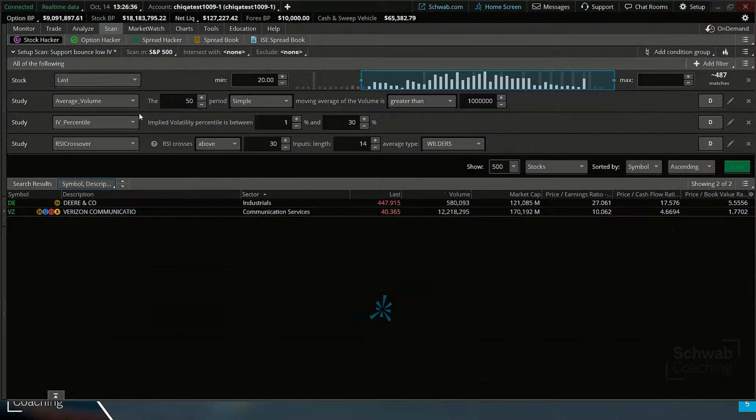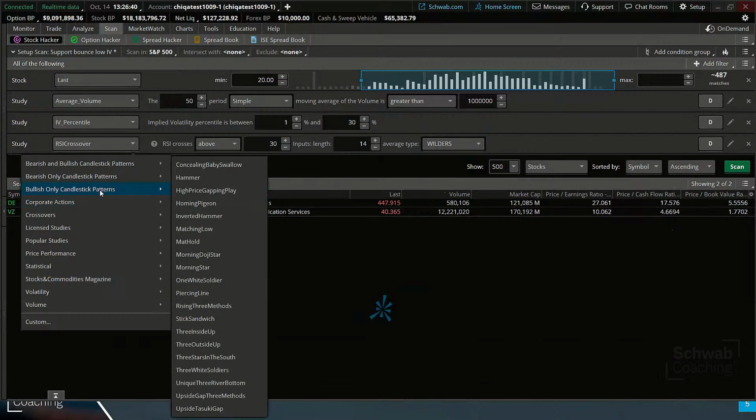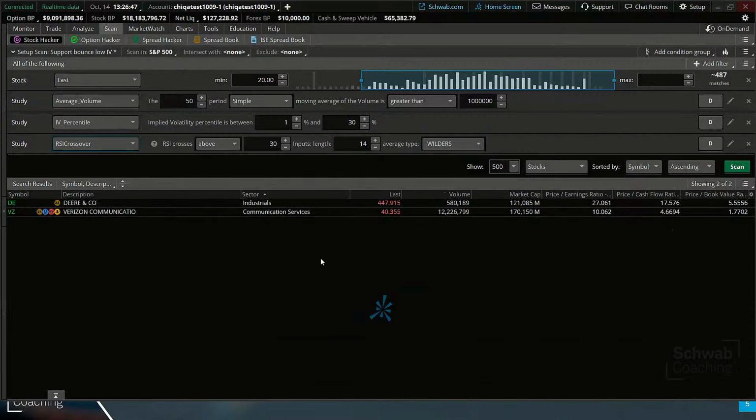Obviously, that's just one way to do it. Another thing you could look for, that I look for, is some bullish candlestick patterns, and I search for some of those to then get my little list of stocks on this output. And then I just cycle through the charts in that case and look to see if any of those price patterns are occurring at levels of support and resistance. And same with this technical indicator. I just found it was kind of showing those levels at support. So we had a little bit of a support bounce and a hold there.